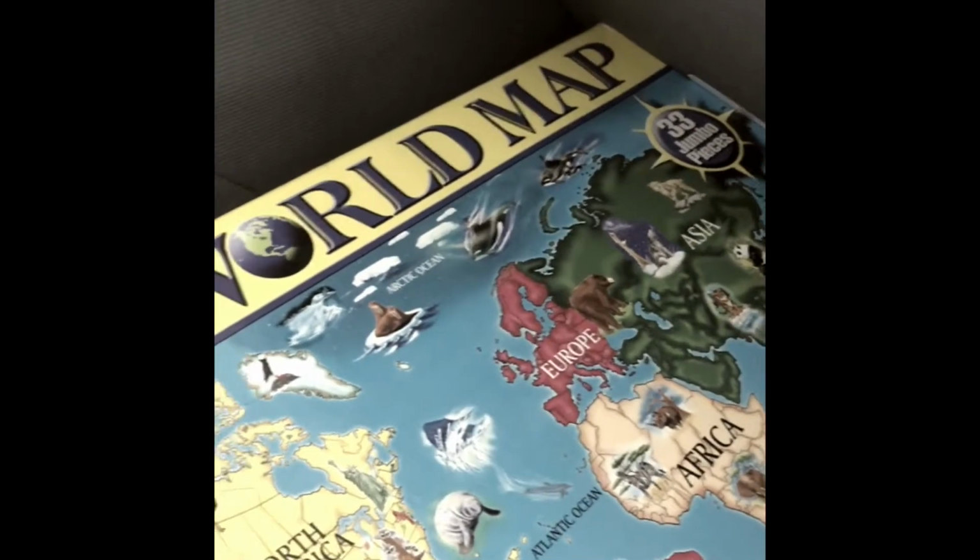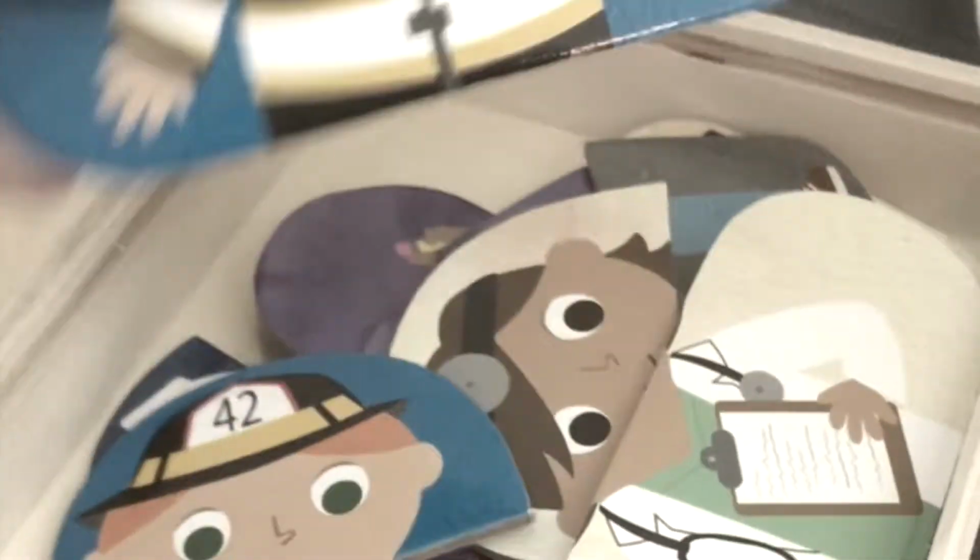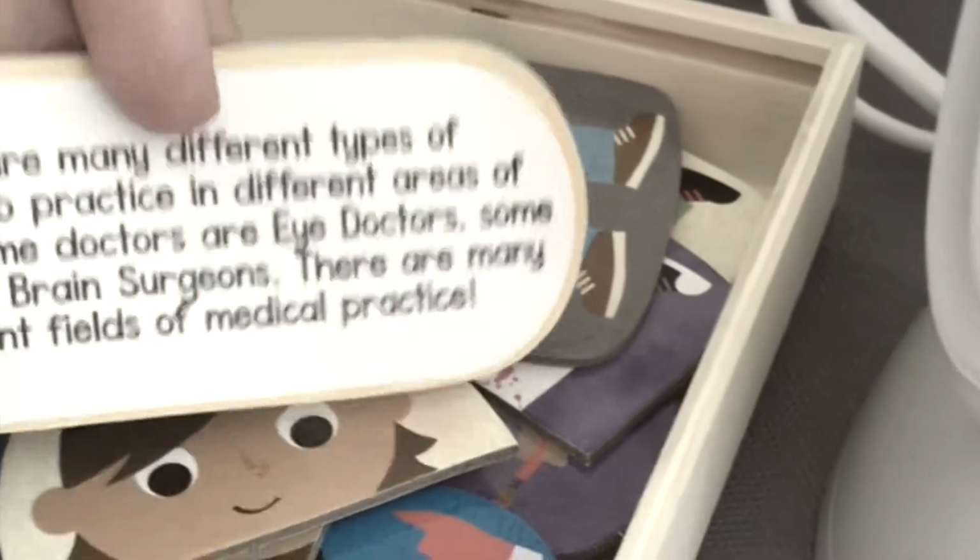This is our geography, social studies area. So we have our world map here, stuff like that. We also found these puzzles not too long ago for social studies and learning about different community helpers and what their jobs are. So the front is the image and it's a little puzzle, and then the back explains some things that these communities do. And as I find things that aren't too expensive, I like to add it to our collection,